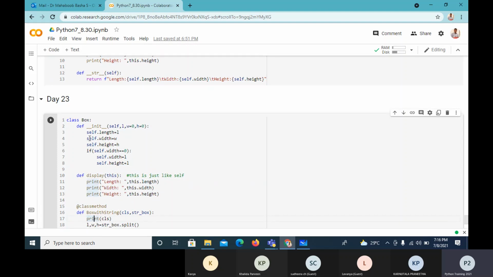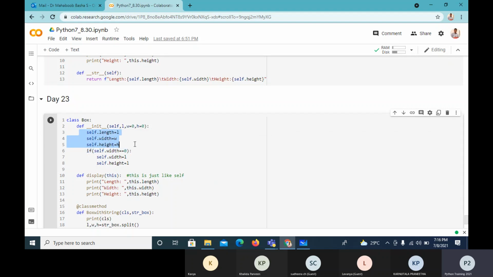So there are instance properties and instance methods. For an instance method, the first parameter will be the current object, which is generally referred to as self. And the instance properties are the ones which are referred to within the constructor.